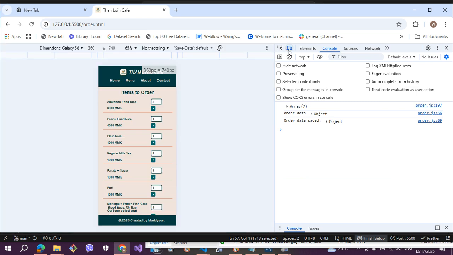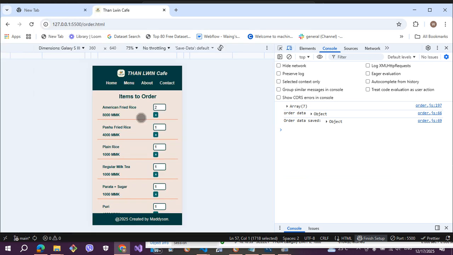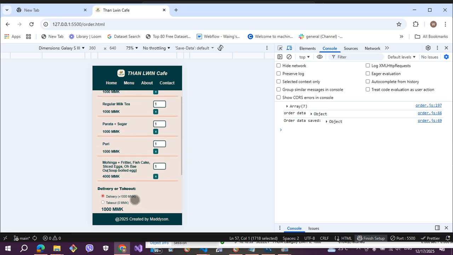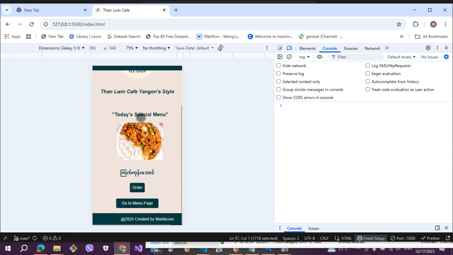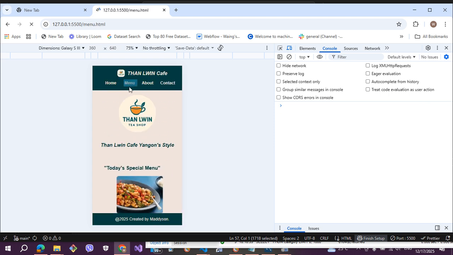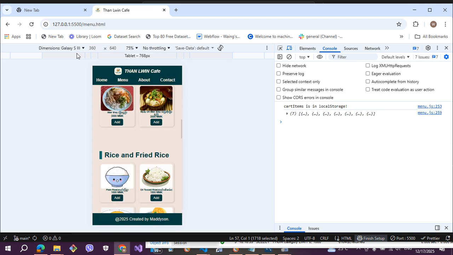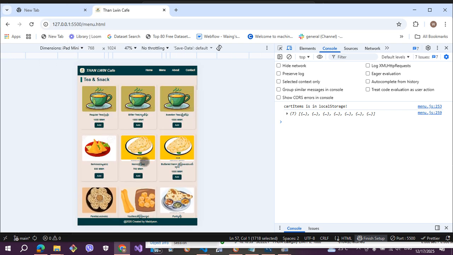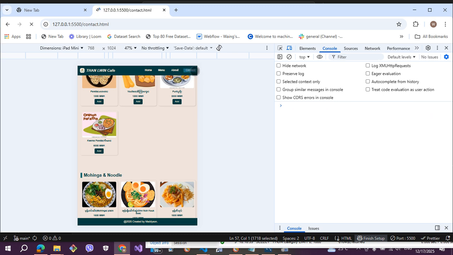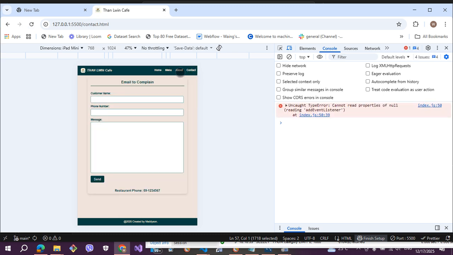Here you can see this is Galaxy S8, S3. Here you can see this is the menu page that is responsive to various kinds of screen size.